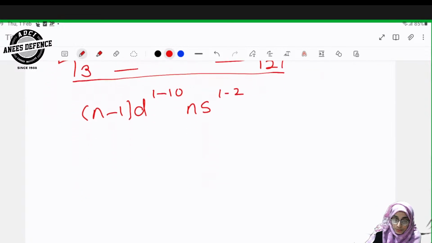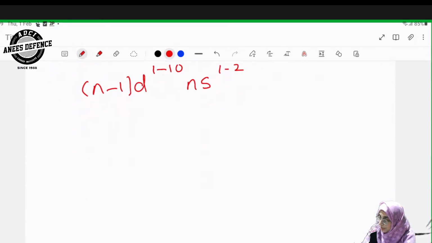Malleable is a property of metals. Malleable means they can be beaten into sheets. If you beat them, they will become a thin sheet. Ductile means they can be made into wires. Just like metals, they show these properties because they are also transition metals.